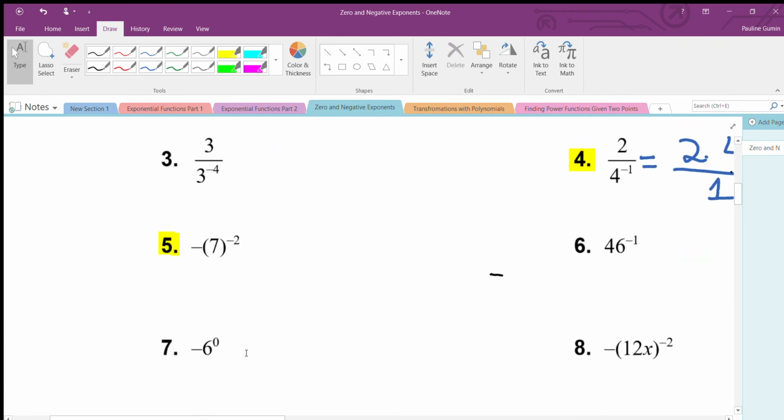Okay. So we have a negative outside of parentheses, and then we have 7 inside of the parentheses raised to the power of negative 2. Now, when I see this, I like to rewrite it. That negative out in front of the parentheses is actually an invisible negative 1. So we oftentimes in math, and I'm sure you've noticed by now, we have this invisible 1 multiplying by things